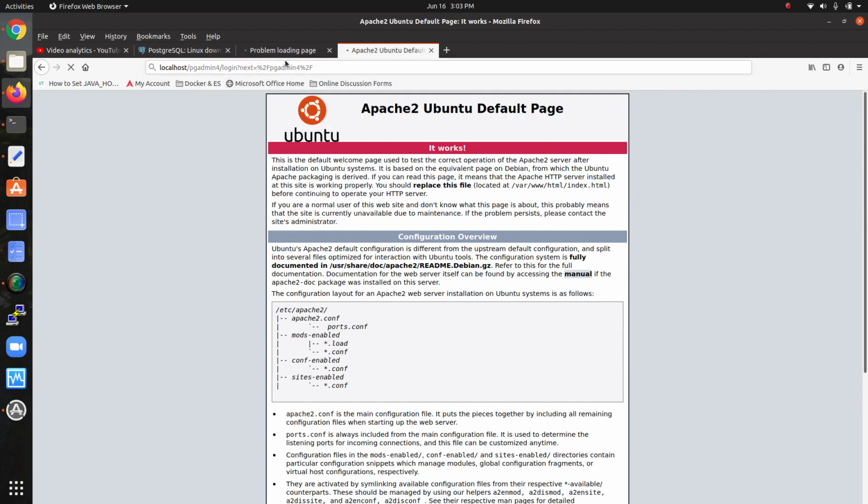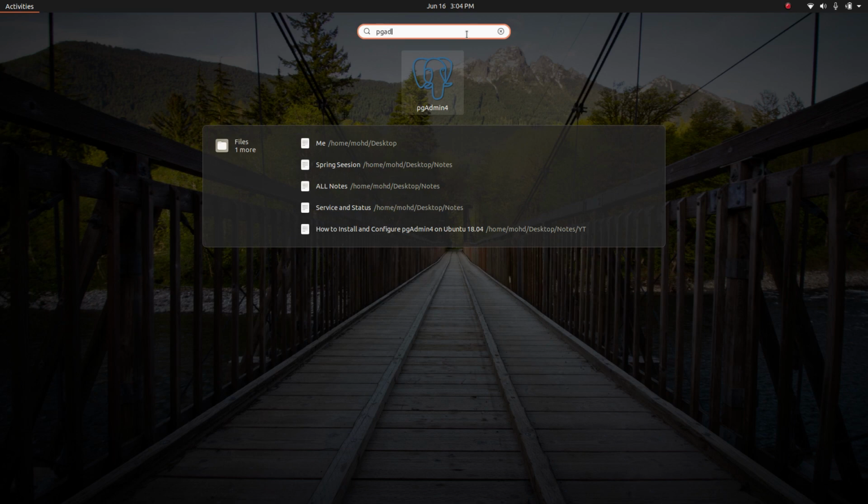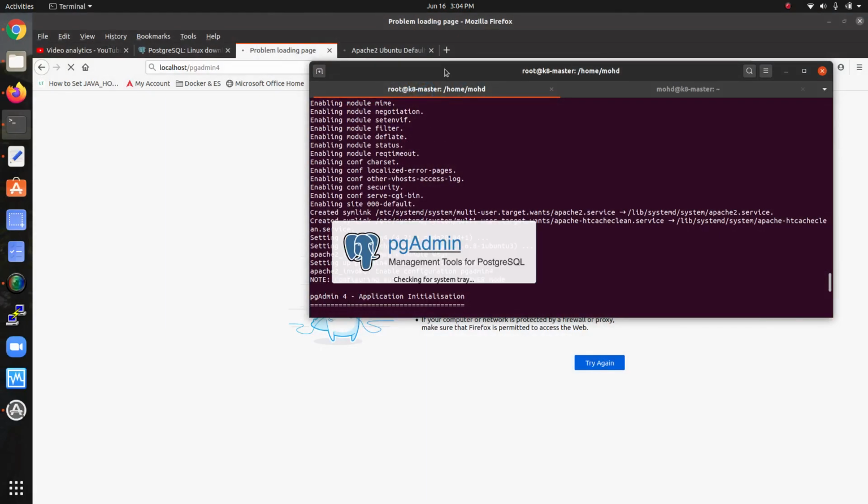Let's check. You can see on the screen it's starting pgadmin4 from the menu. So in this way we can also do it. It's taking some time there.